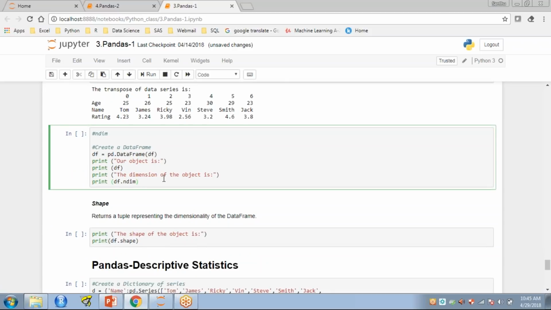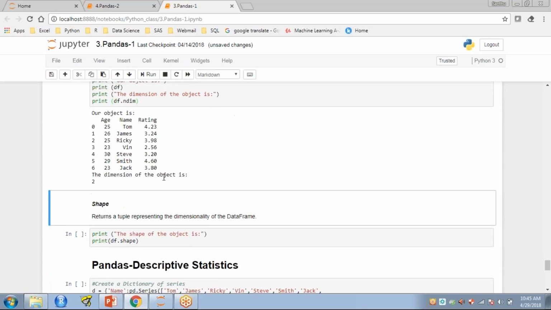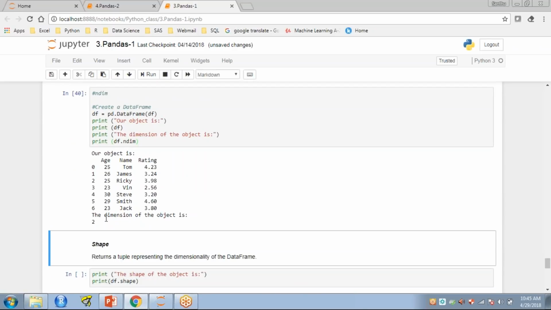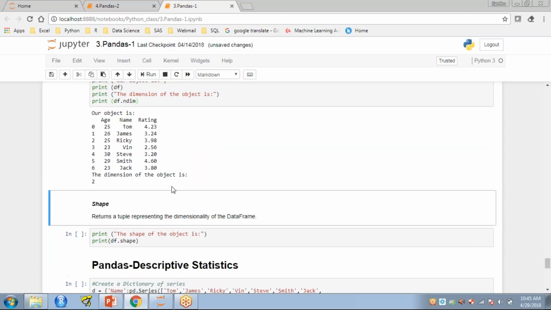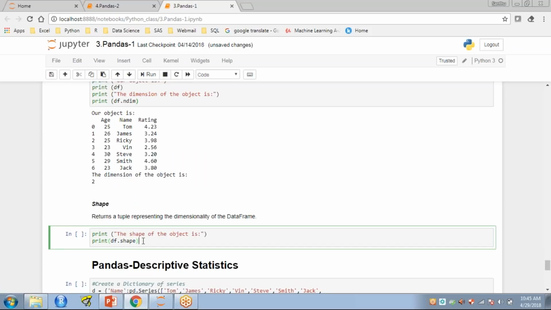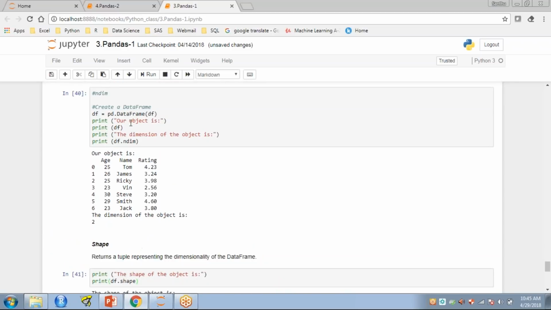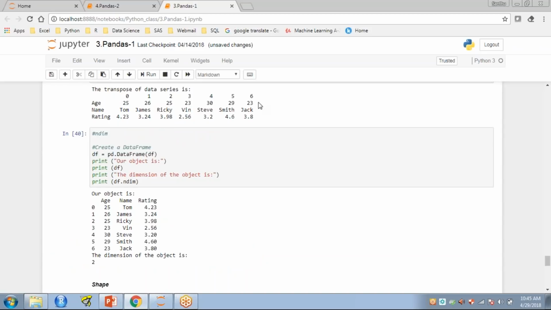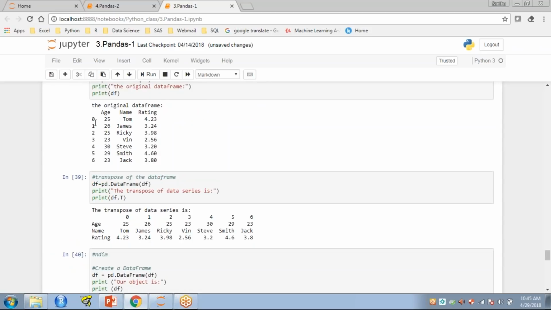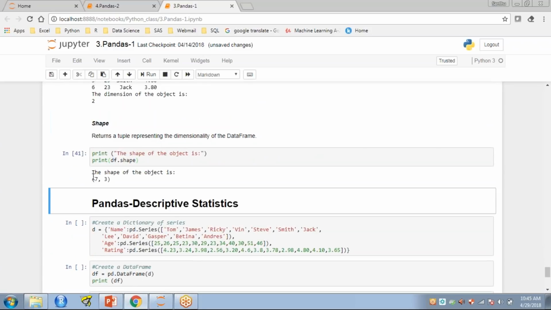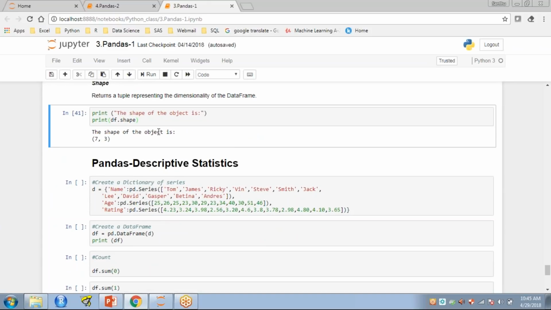If you want to check the n dimension, it will give the n dimension. As I told in the beginning, the data frame is a two-dimension object, so that's what it gives. If you want to check the shape, meaning how many rows and columns are in your data set, you can give df.shape. Now it is converted, so it shows 7 rows and 3 columns. So this is how you can do some